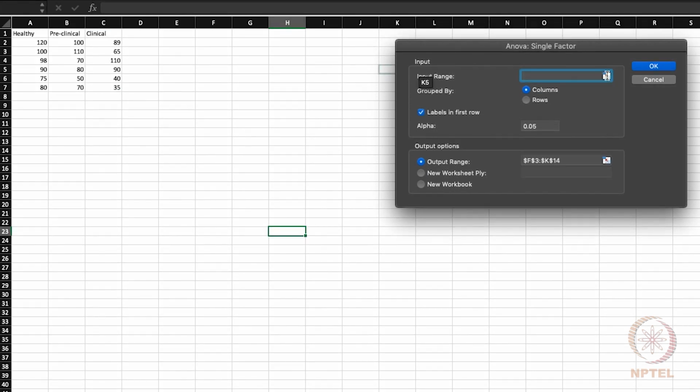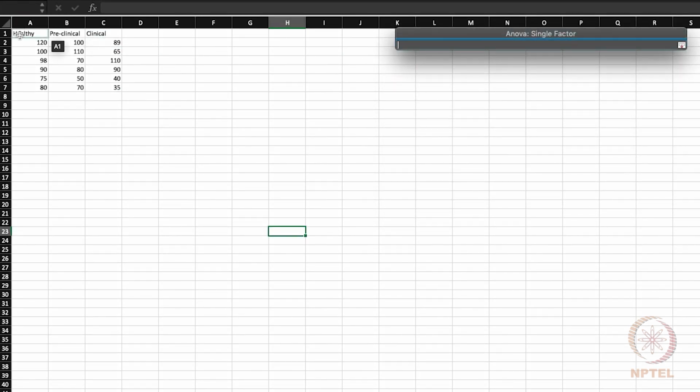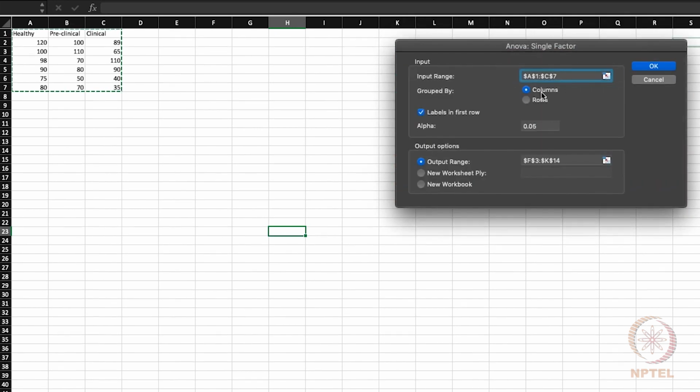Now let us click on that icon and choose the relevant cells, and these cells are now chosen appropriately. We go back, and what I want you to notice is that we have ticked the option which says that there are labels in the first row, because indeed we have labels like healthy, preclinical and clinical in the first row.